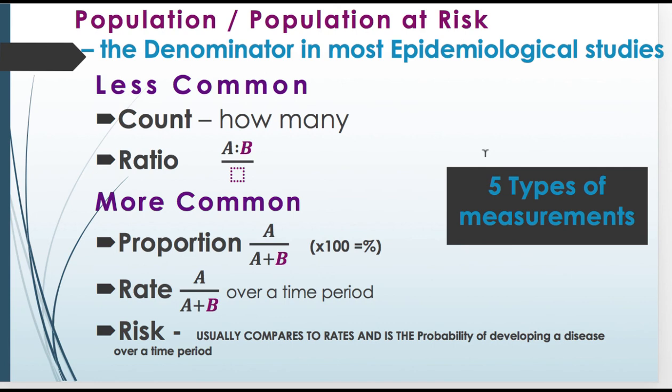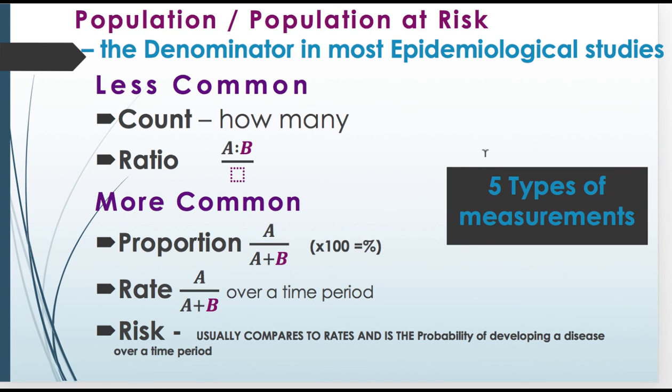And then the second form is a ratio. And don't think of a ratio as a proportion as you see below, but think of a ratio as, for example, we have 30 students in this class, and if 10 are male and 15 are female, the ratio of male to female would be 10 to 15, and of course that would make a total of 25 students in the class. So in a true ratio used in epidemiology, A plus B equals the total population,